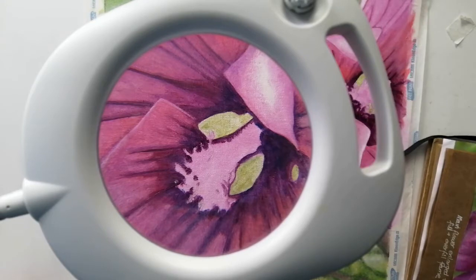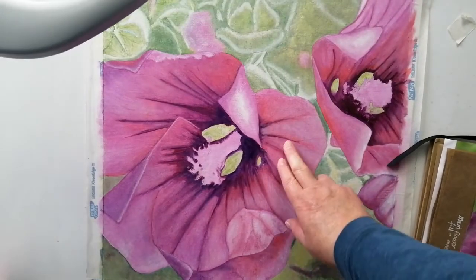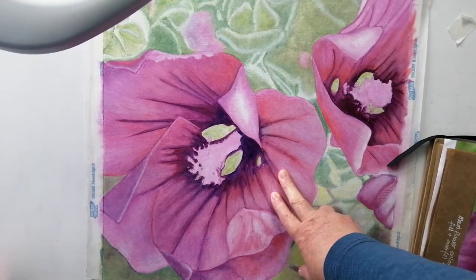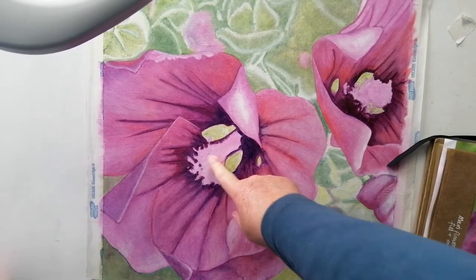I've possibly made a mistake with painting this, because having got the background done, I intended to work up the foreground, which you can see here, but not quite as far as I have done. I got a bit carried away. I really should have worked on this earlier, and I think subconsciously I've been putting it off because it's quite